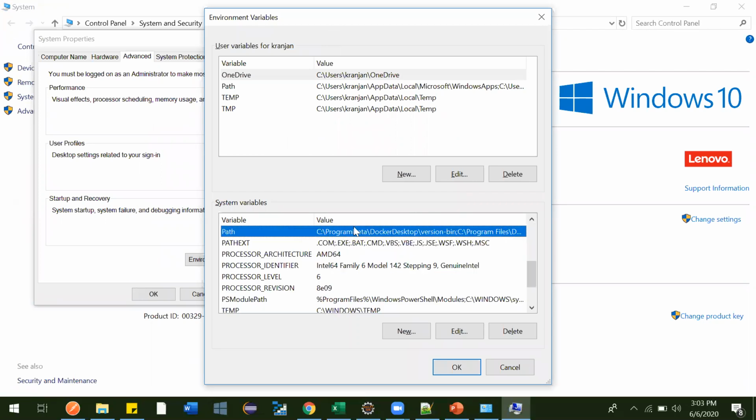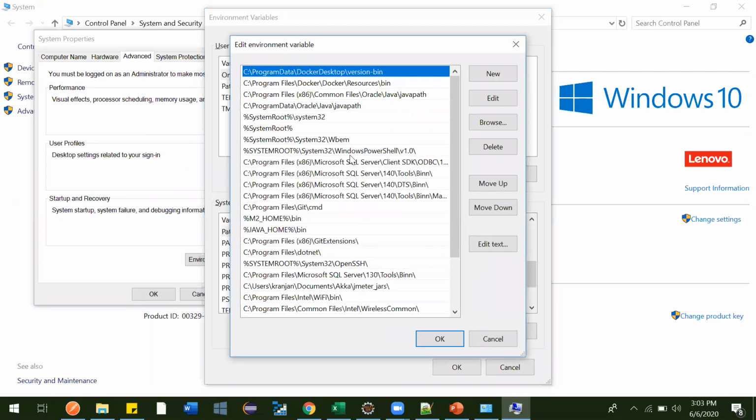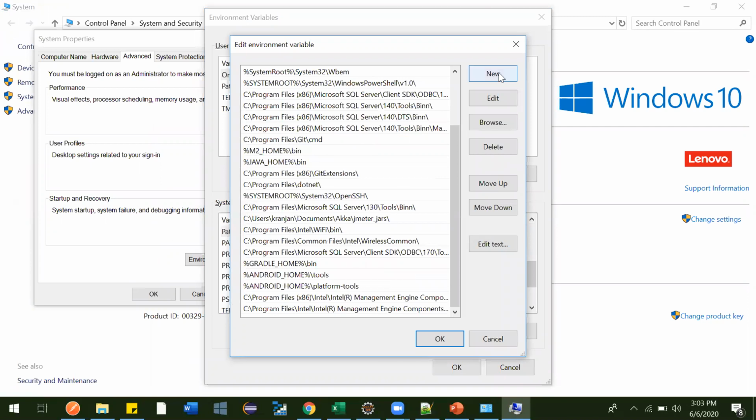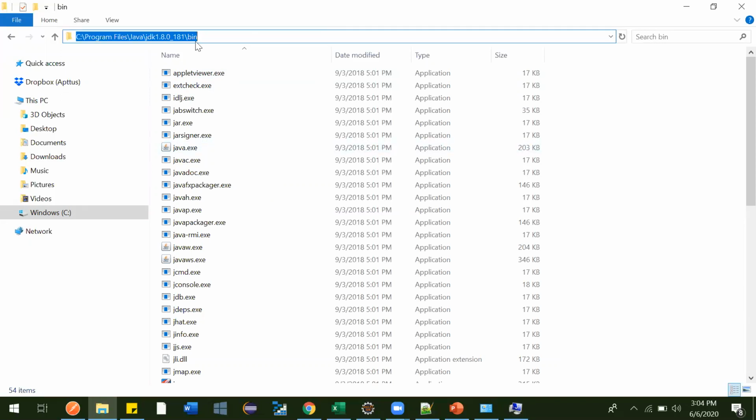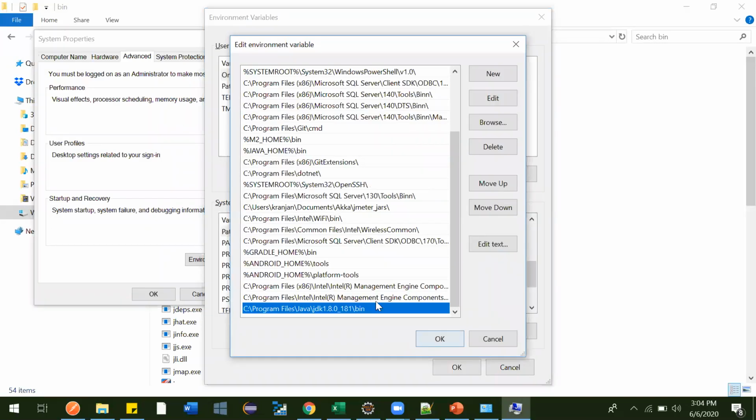Just double-click on this and you will get this. Now click on New and provide the path we copied, along with the bin folder, up to here. Click on OK.